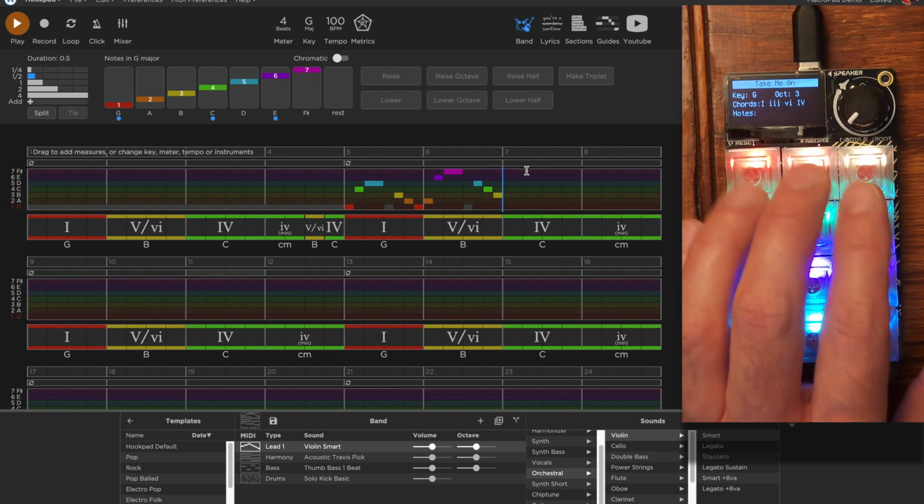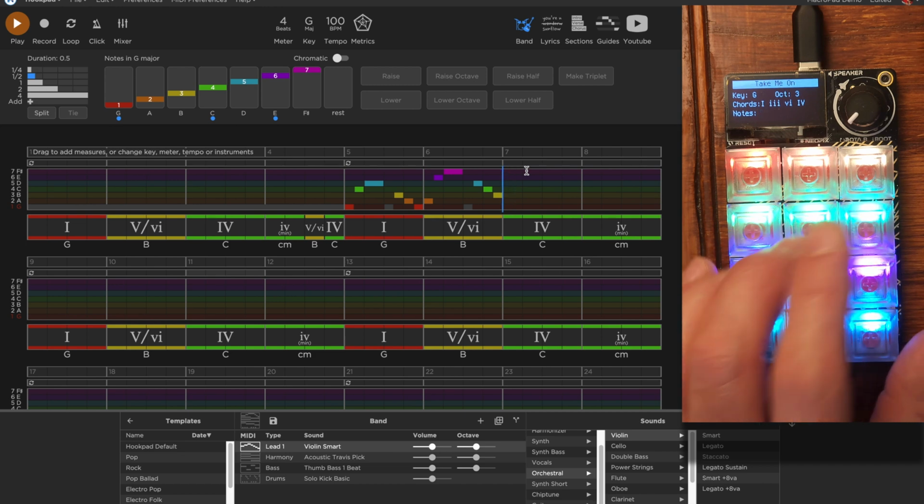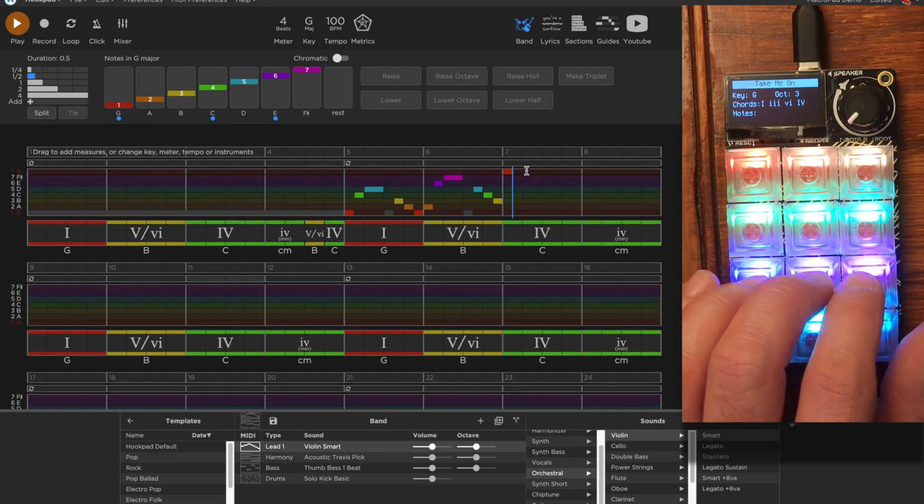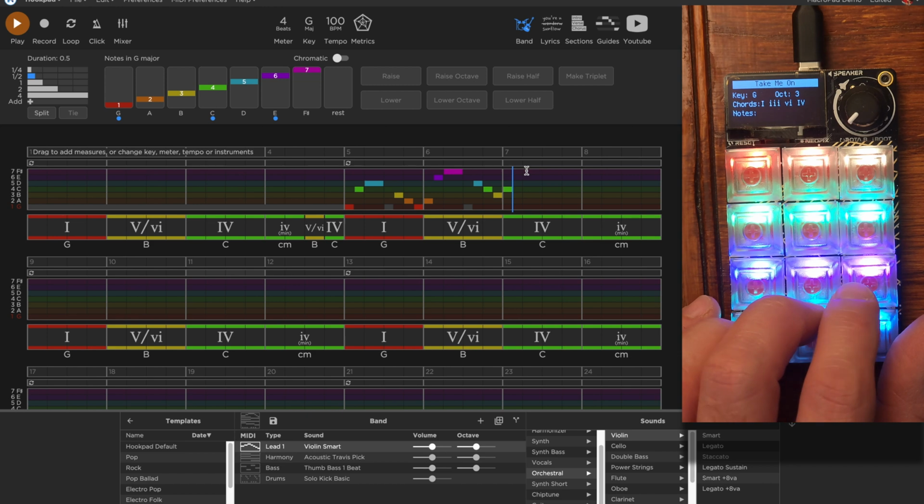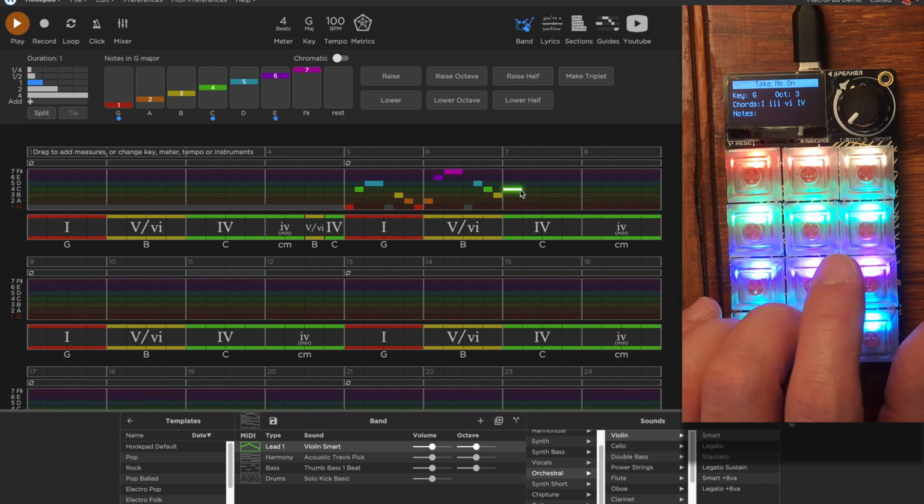And let's make something up for the next two measures. Add a rest in here.